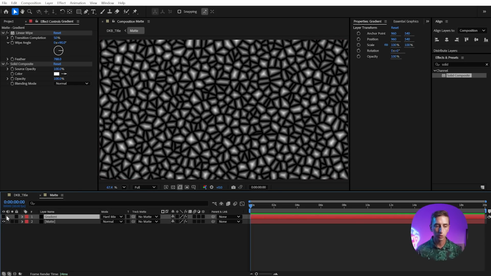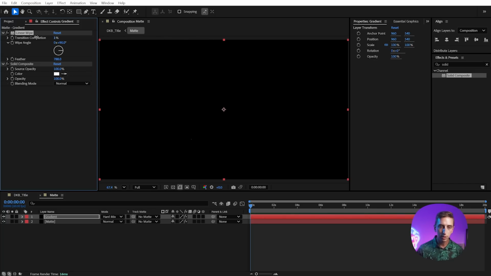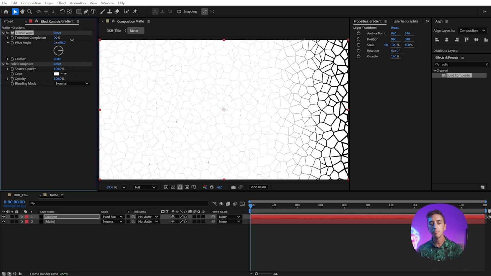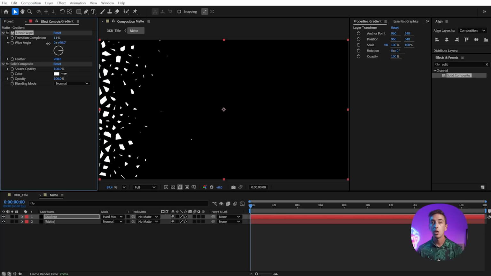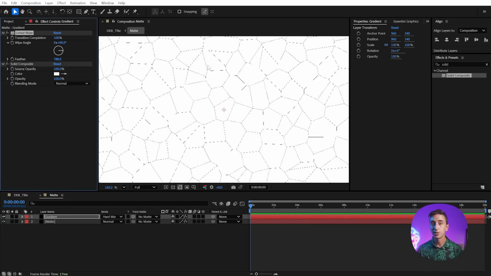every single individual cell. Hard mix is a very special blend mode that changes the way that the pixels underneath it actually appear. And if we wipe this gradient across the screen, we're essentially making these tiles or these cells grow or shrink. Now at 100%, we're not getting to 100% white, and I need that to be completely white,